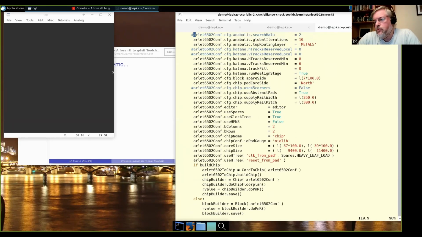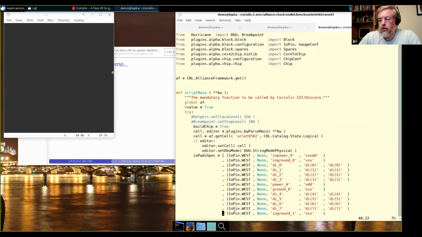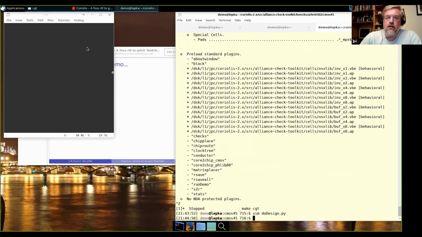Then you set up some specification about the size of the chip, the size of the core, and so on. And also for the purpose of the demonstration, I will put it in debug mode. I will activate the breakpoint so it will stop between steps. And I can run